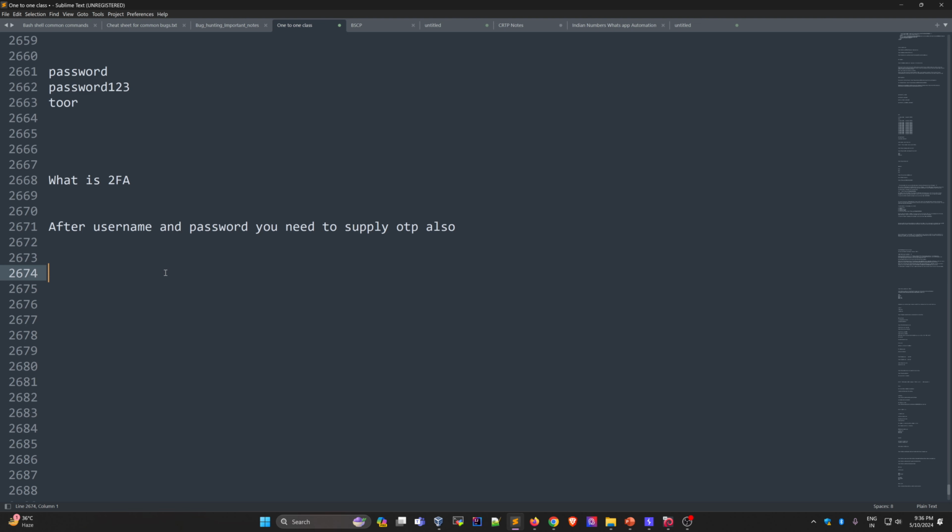Why? Because even, let's say, an attacker has your username and password. Maybe he stole it through the dark web, or maybe from your network. If an attacker is in your network and the application is not using HTTPS, then the attacker can have your username and password. But when you have 2FA enabled,